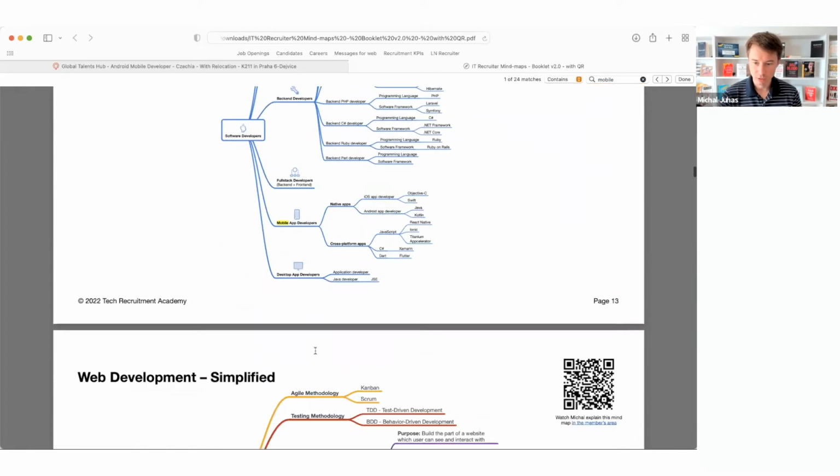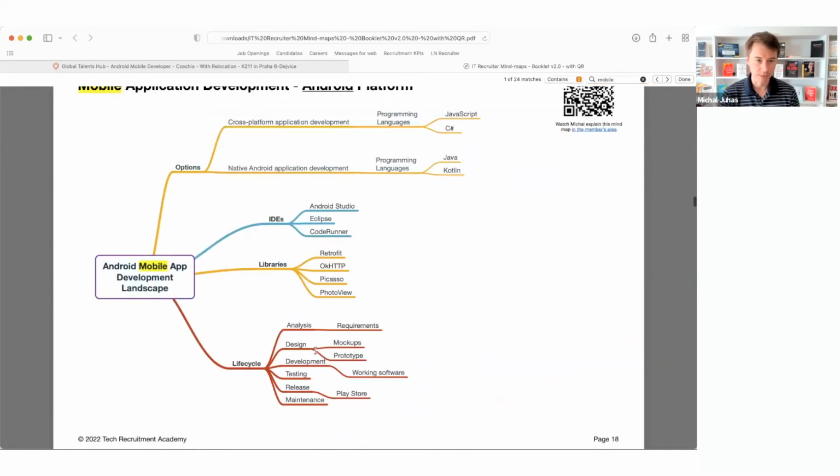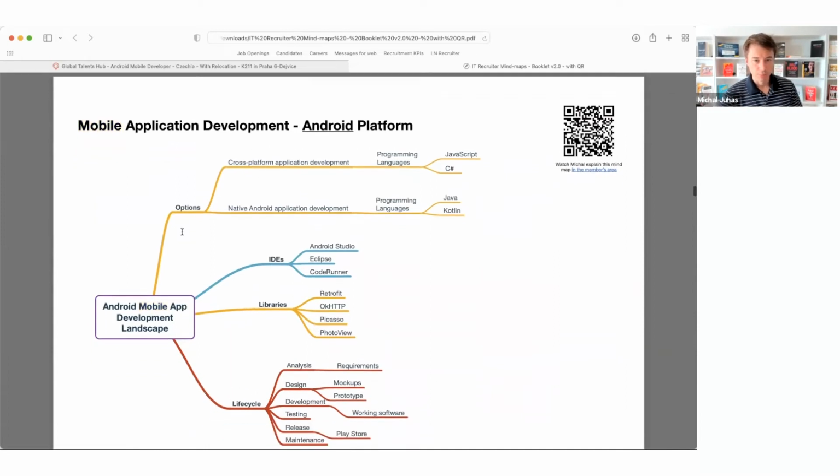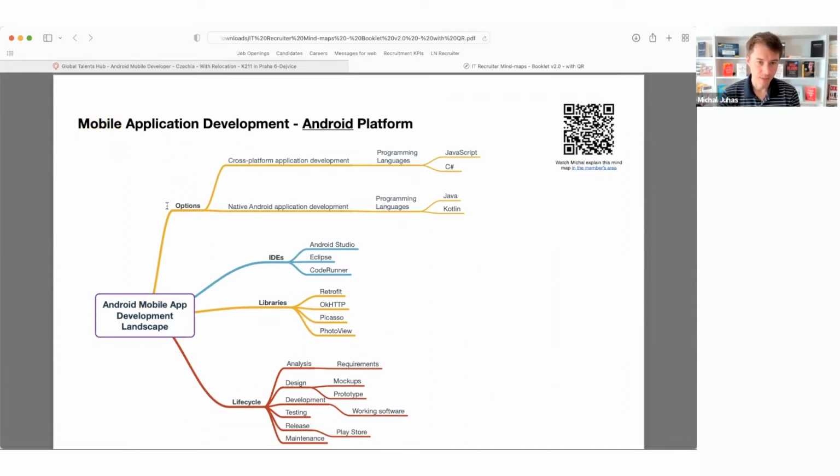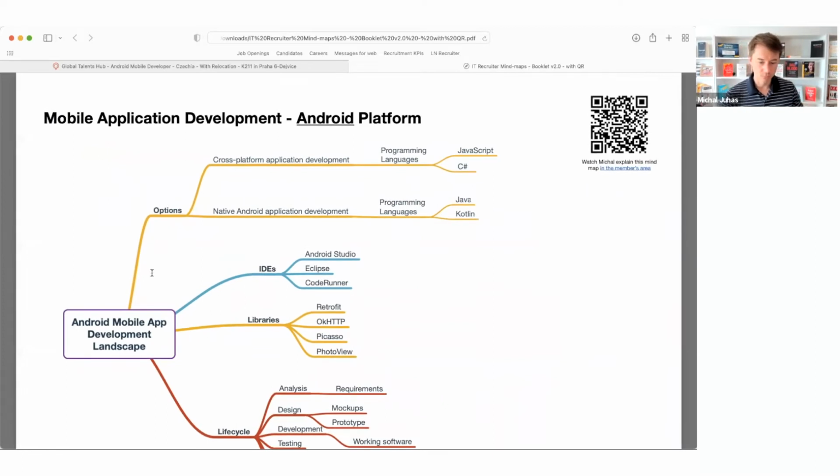So why don't we scroll down? Page number 18, yeah, it's here. Mobile application development, Android platform. So there are two ways how software engineers develop applications. They can create cross-platform applications or native applications that work only on Android. If they choose to create cross-platform applications, they either use JavaScript or C# programming language. But if they choose Android native application, then they either go for Java or Kotlin programming language, which is the